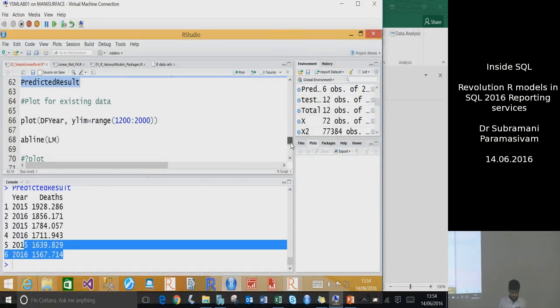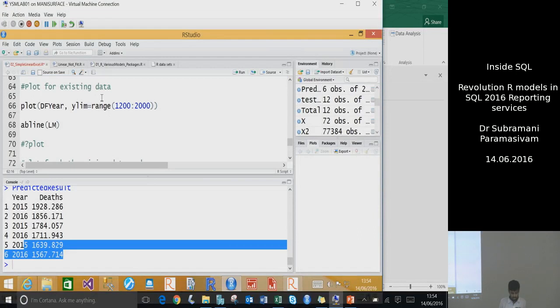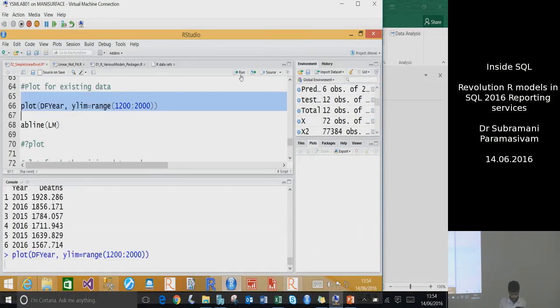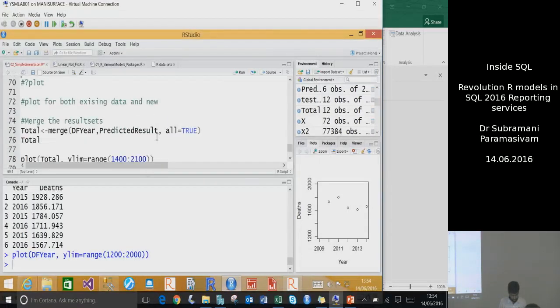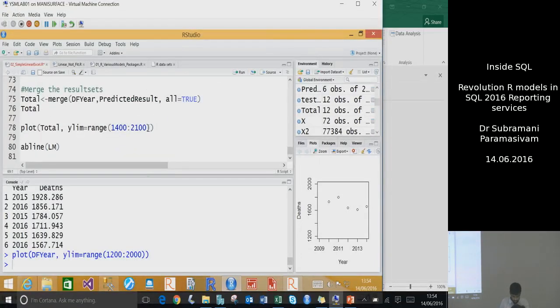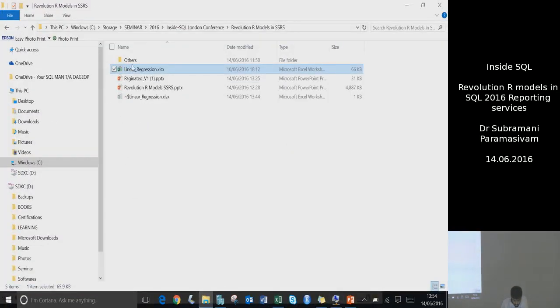And this is not just the result you want to see. If you want to see very good results with the plot, you can simply put that into plot and you can see the same chart come out. So you zoom that up and then you see it. Okay, so that is it with simple linear regression. If I go to the next one,